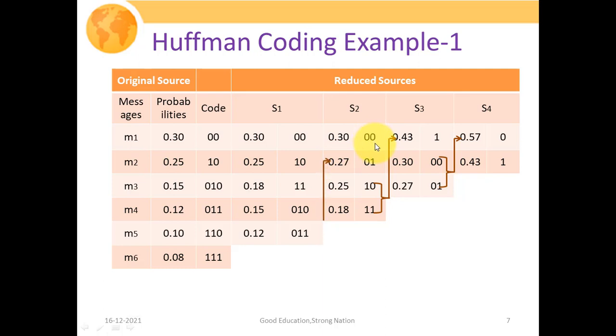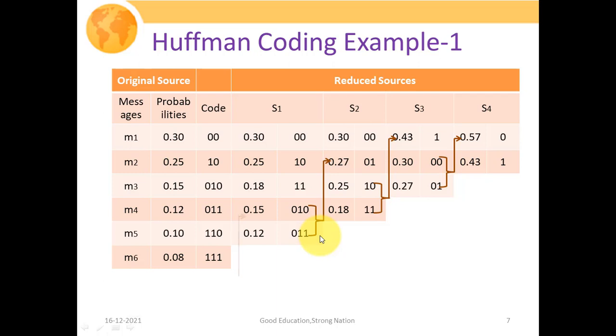So again moving backward, where we have got this 0.27 probability, it is the summation of these two things. So again the code associated with your 0.27 is your 01. So we have assigned this prefix 01 in both of the cases, and for higher value of probability, that is your 0.15, we have assigned this 0, and for lower value of probability, that is your 0.12, we have assigned this 1. So the code associated with this particular probability turns out to be 011, and for 0.15 it is your 010, and again for 0.18 it is your 11, 0.25 it is your 10, and 0.30 it is your 00.